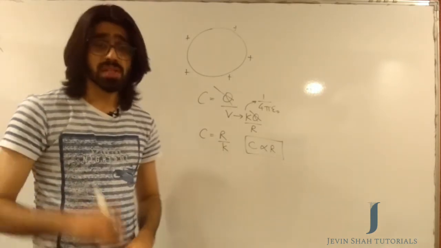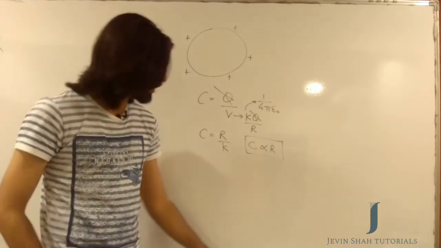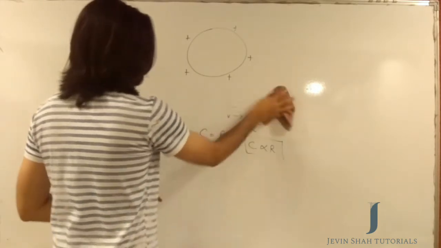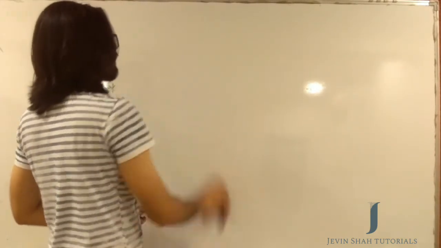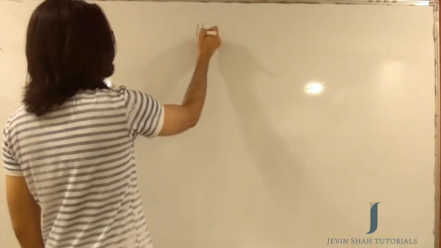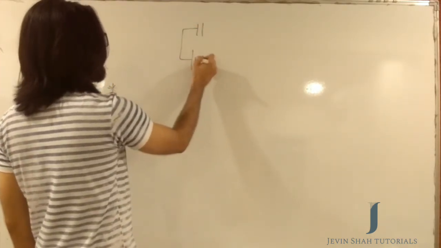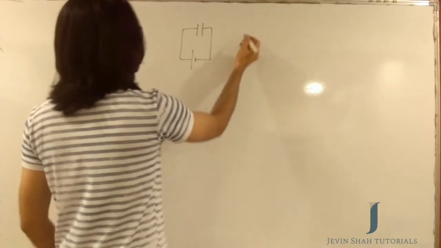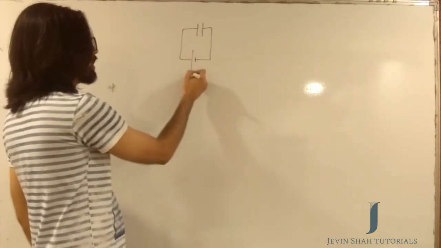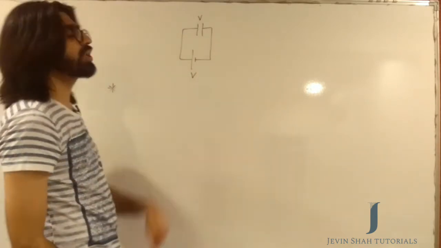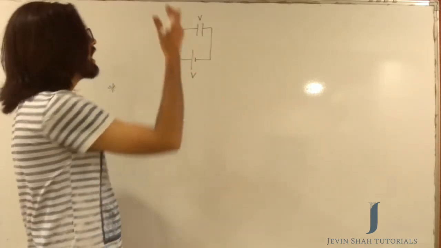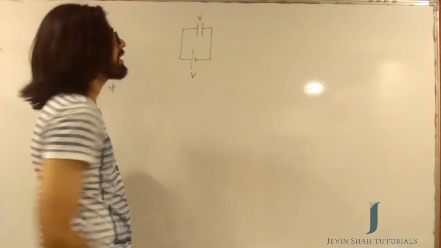And if you're done with this, let's go ahead with one last thing in this video. Now, in this concept, what I'm trying to discuss with you is a case where in one case, you are connecting a capacitor with a battery and you are charging it. So if the EMF of the battery was V, you have generated a potential difference of V across the battery and some charge has been stored inside the capacitor.